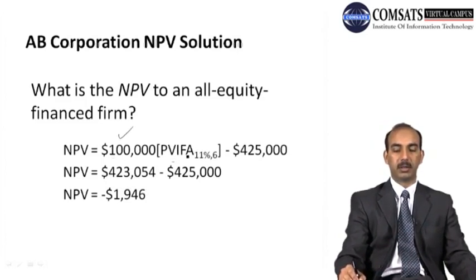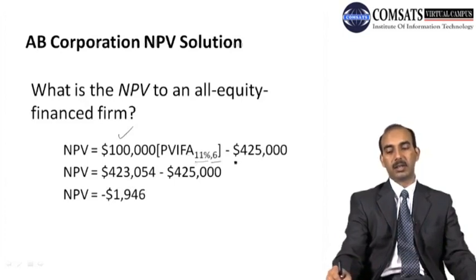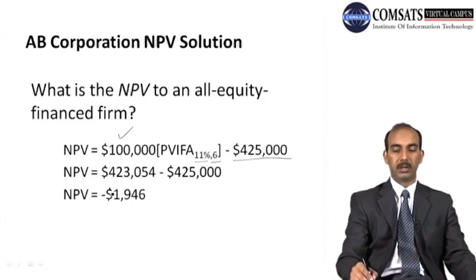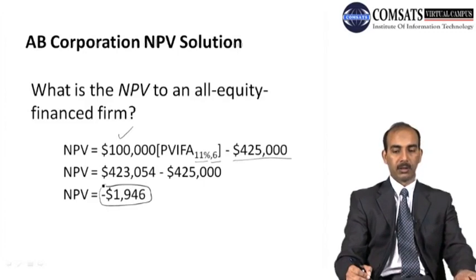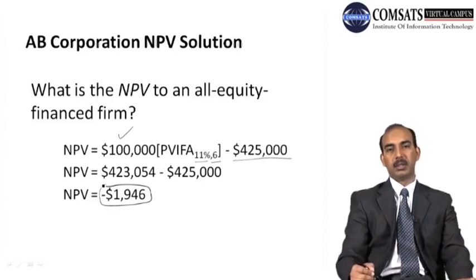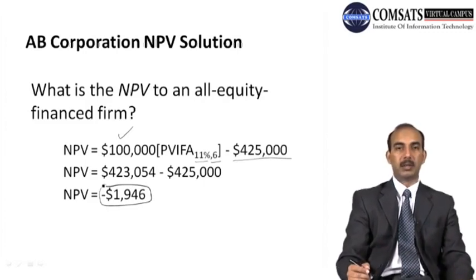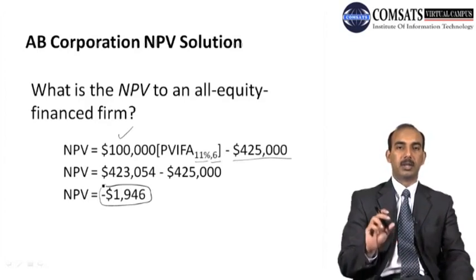present value interest factor for 11% for the 6 years, minus the initial cash outlay, that is $425,000, and we get a net present value which is a negative figure here, that is minus $1,946. Based on this information, the project can be rejected, but there is another option to arrange